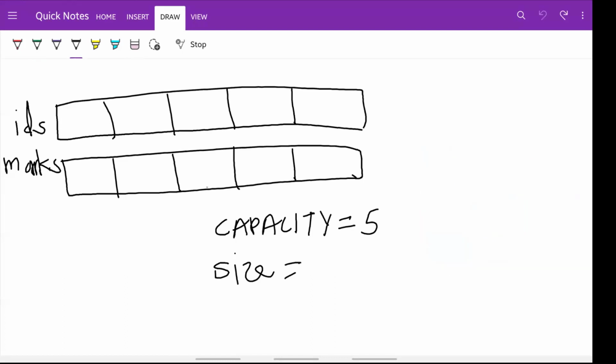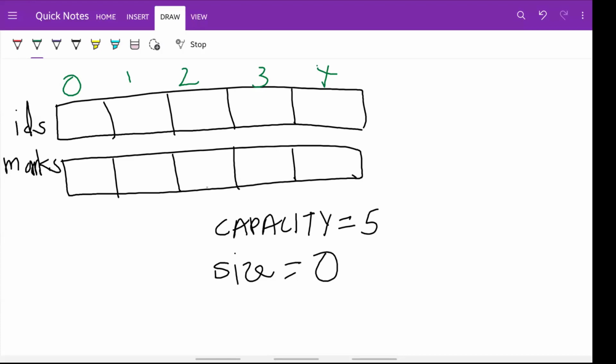Initially the size of the array is 0. As new elements are added to the array, we are going to increment the value of size, and the capacity remains 5. We have the array indexes from 0 all the way up till 4. So the indexes will go from 0 up till capacity minus 1, so since the capacity is 5, the last index would be 4.